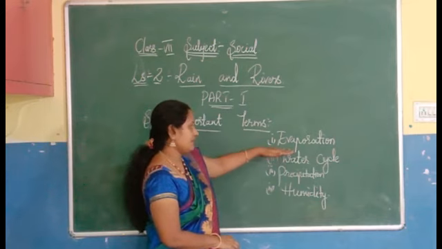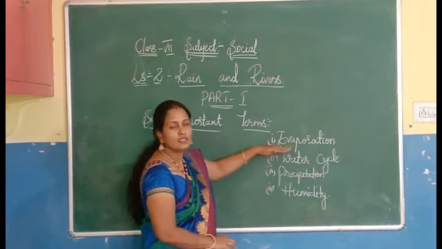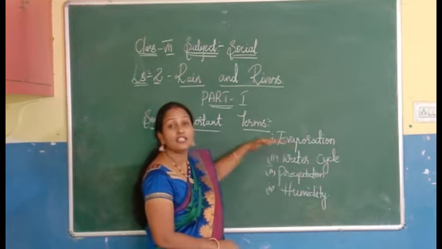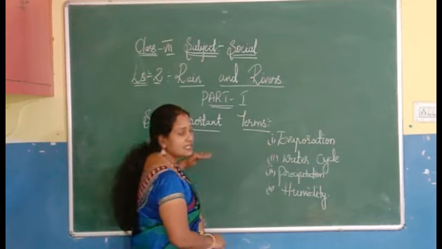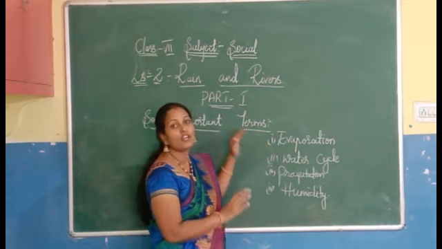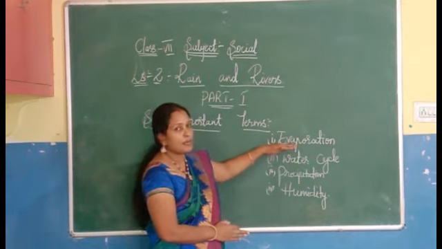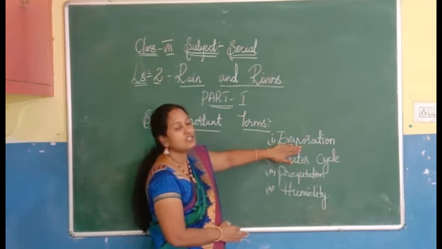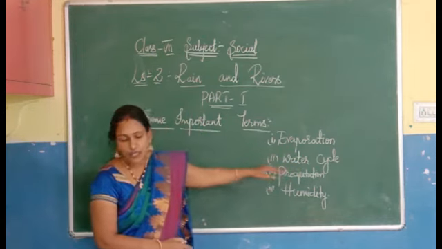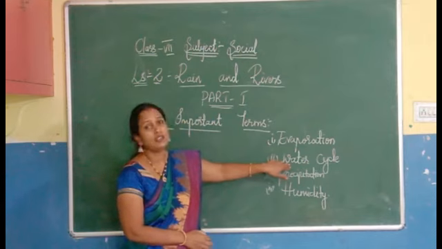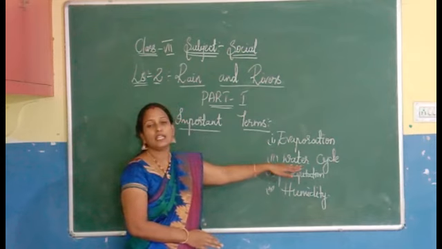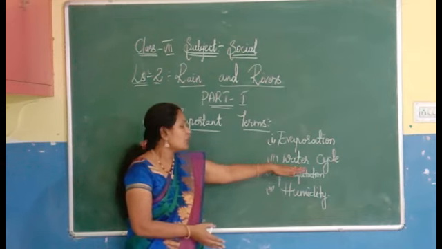The same definition: the water turning into water vapor is called evaporation. It can happen through different processes. Just now as we discussed, not only by boiling, wherever moisture is present in the air or in our body or in a plant, in an animal, it can be evaporated. The main process to get rainfall is also evaporation. Fine children. Next is the water cycle, the process of water evaporating from the seas, oceans or any water body is called the water cycle.